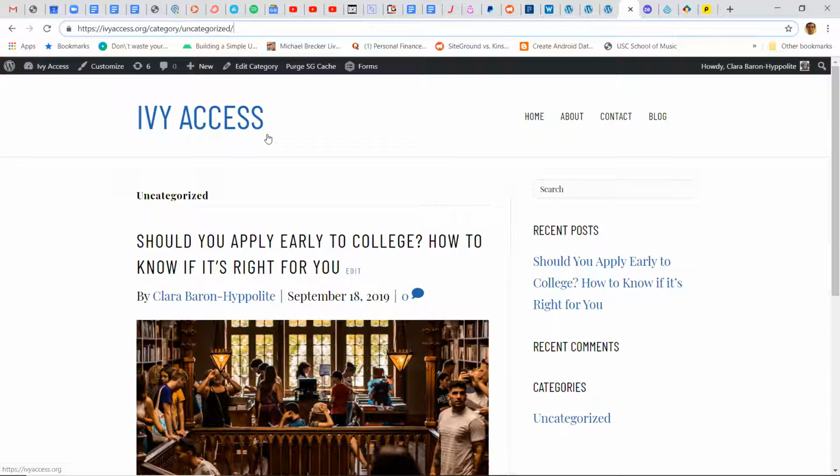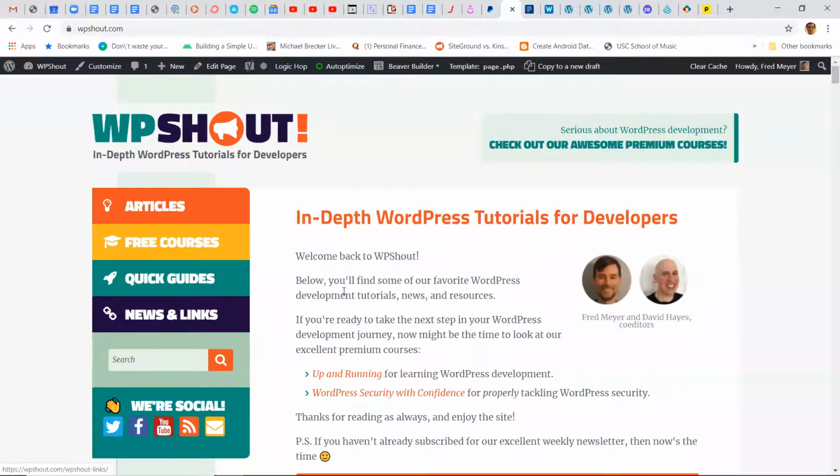Now, if you have a site, okay, like let's say we were going to do big design changes to WP Shout, where would I do that? I would do it on a staging site, but still on the remote server. Kinsta has easy staging functionality. So if there was something that I thought might introduce bugs, or if I was going to do design changes, but I wanted to iterate on them for maybe a couple days before pushing them live, I would just create a staging copy of WP Shout, make my changes in that environment, and then pull it back over when it was ready.